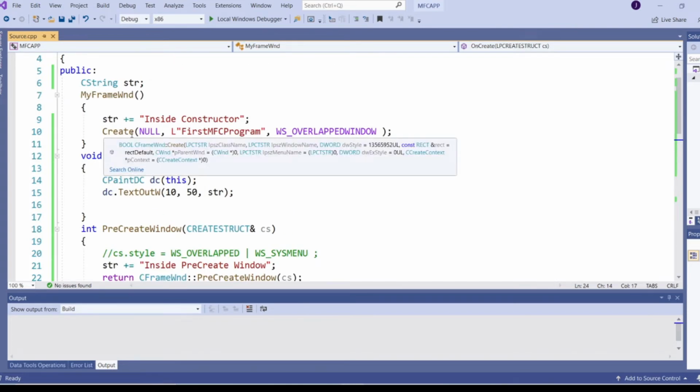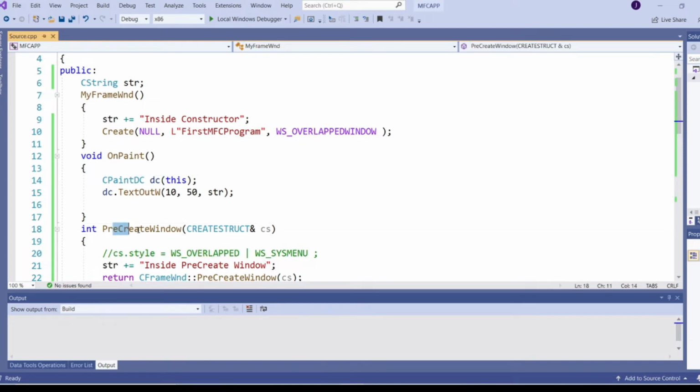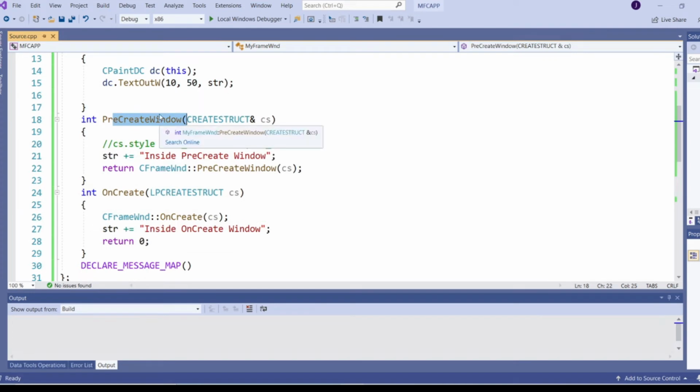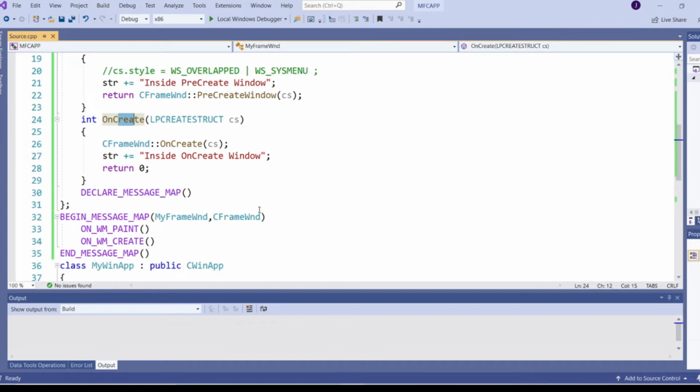So whenever I write Create, it will internally call PreCreateWindow, and after that it will call the OnCreate function.